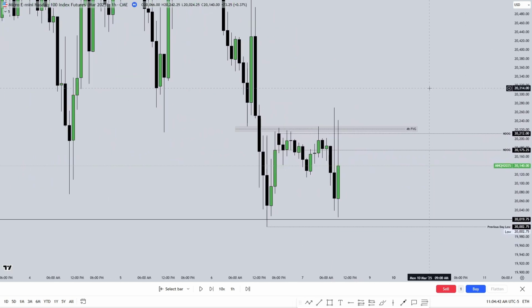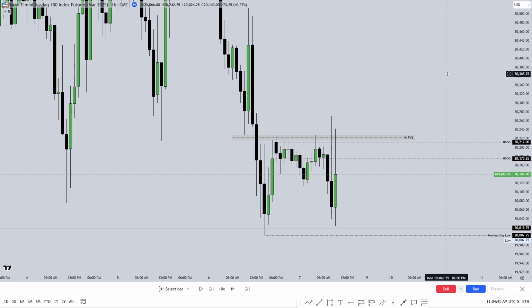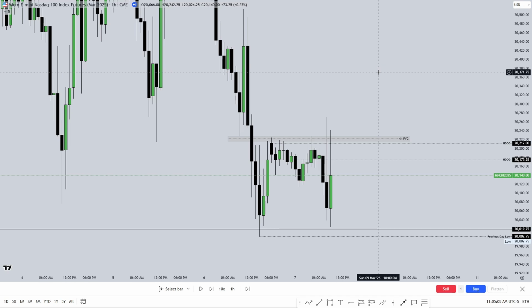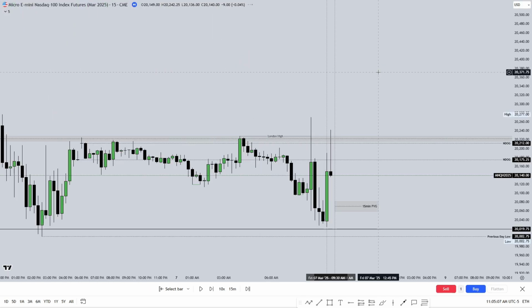So we can take a look at what we got here. Not really too much to show. We have, again, that 4 hour fair value gap right here. We dug up on this 8 a.m. candle to take out these equal highs, which is also session liquidity, which I'm going to show on the lower time frames where it's a little bit cleaner. And same with this 9 a.m. candle right here, another stab higher. Okay, so 1 hour doesn't really show too much on this given day.